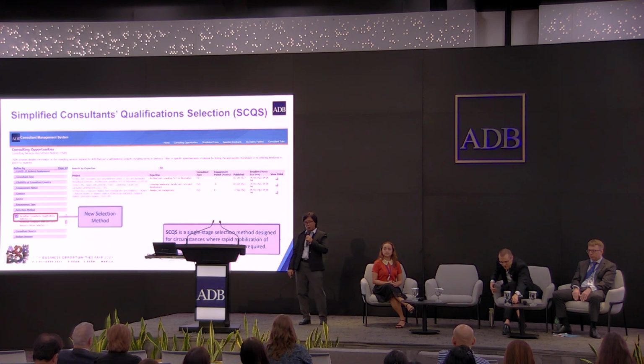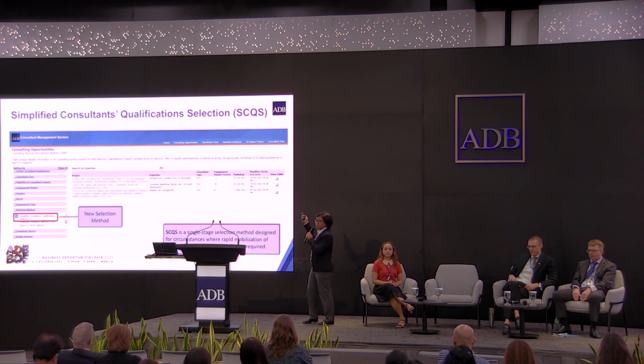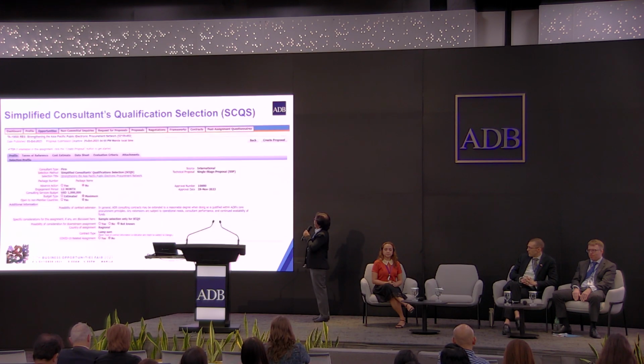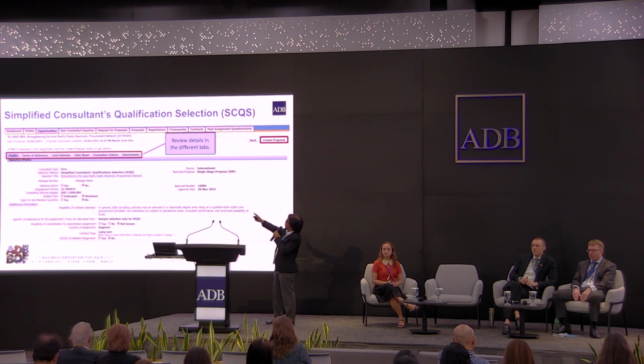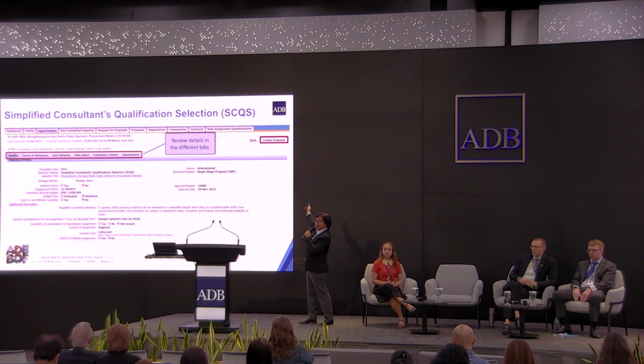Okay, so how does it look? Just the same as on your standard advertisement, you click on the View CSRN button here, and then you will see these details of the opportunity. You have to review the profile, TOR, cost estimate, data sheet, evaluation criteria, and the attachment. If this is okay with you and you are interested, now what you will see here is the Create Proposal